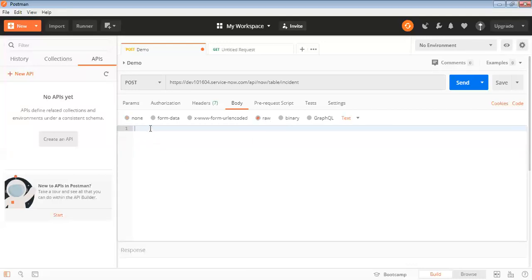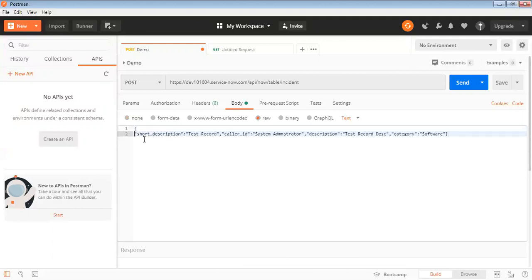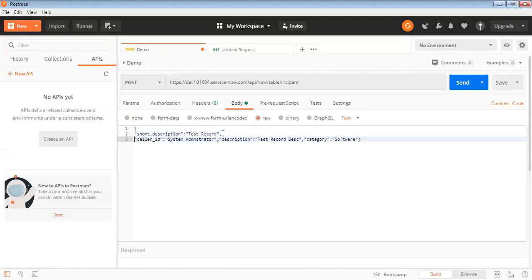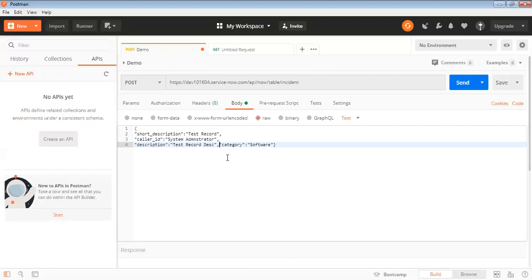If you want it to be formatted properly, maybe you can select format. So this Postman is a third-party tool, or Jira, for the time being.